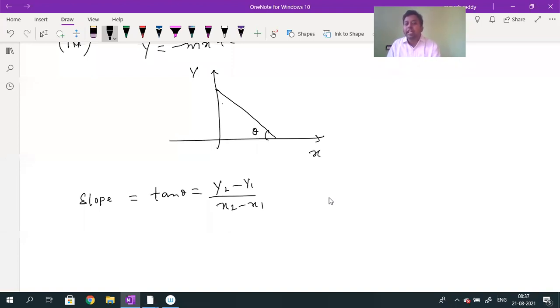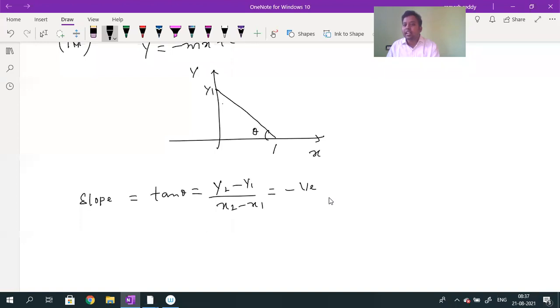So here the y value is decreasing with x value. When I increase the x value, the y value decreases. Are you getting it? Initially this is the y1 value, and the final y2 value is 0. Are you getting it or not? So when you get a graph like this, with increasing x value, if the y value decreases, then the y1 value is greater than y2. When y1 is greater than y2, the slope is negative. The slope value will be negative.